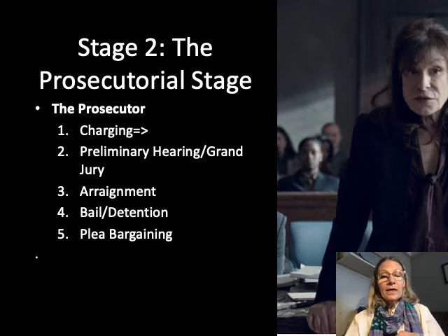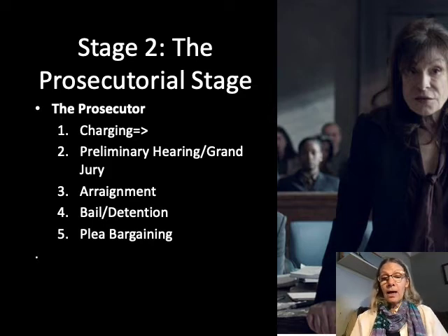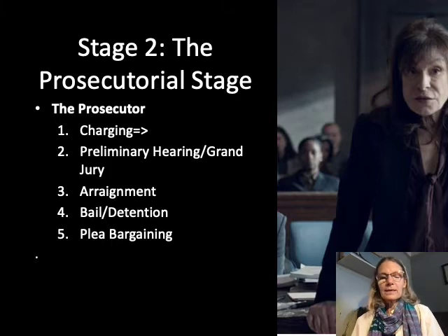Also, what usually takes place in the arraignment, though it could take place at a separate time, is a determination of setting bail. Once you're charged with the crime, you're so-called bound over for trial. Unless you plead guilty, but you could still be detained because you could pose a threat to society. But if you say not guilty, and most people do initially say not guilty, then they're bound over for trial. The court has to determine whether or not that person can wait for the next step in the process,